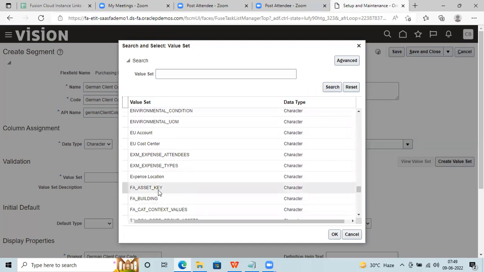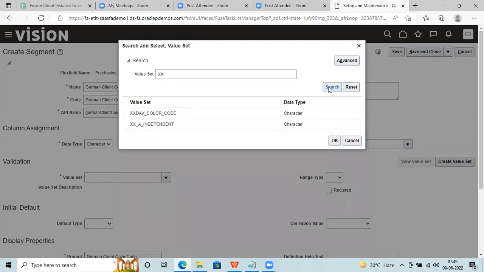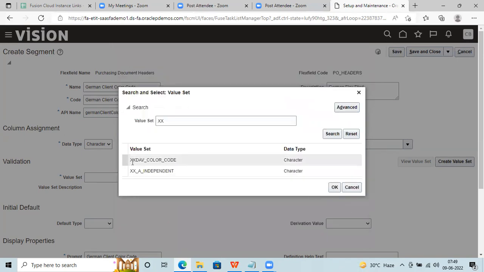If you see, this one would have been created by some finance person, and that I can also see in the list. But depending on your requirement, you should follow our value set, correct? You can see the entire value set available here. If you remember, this is the one we created yesterday, XSDAV color code, correct? The reason I was showing this is